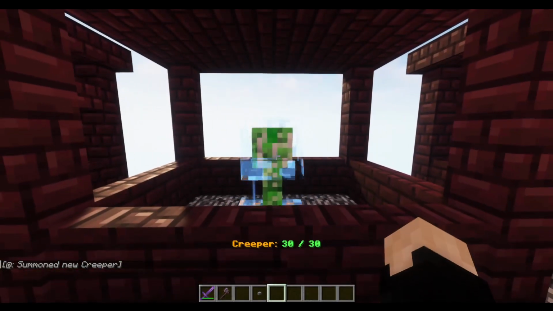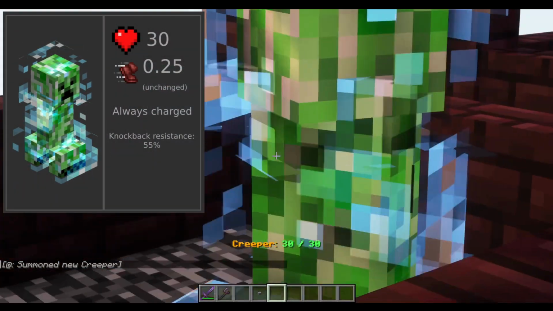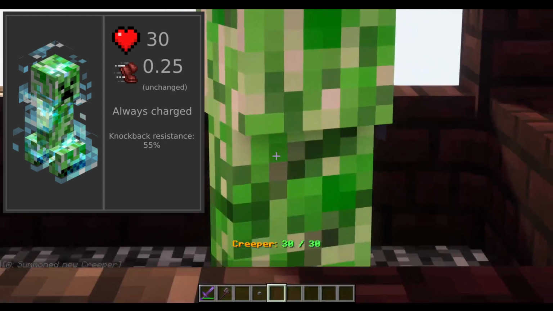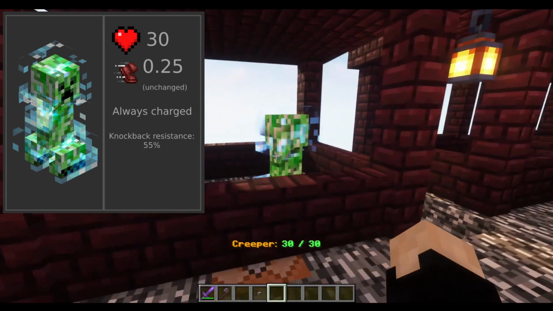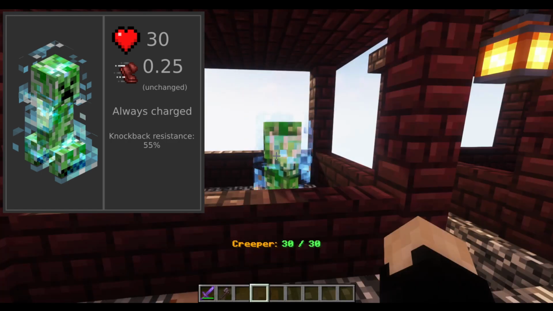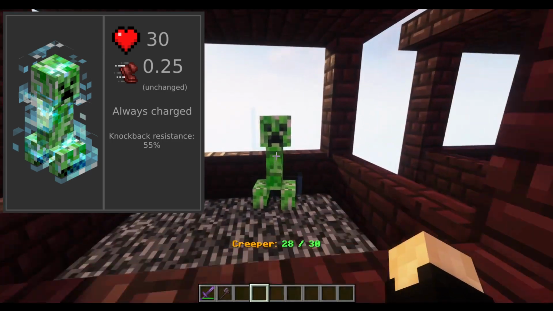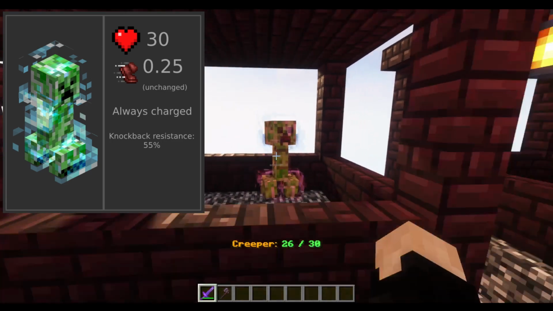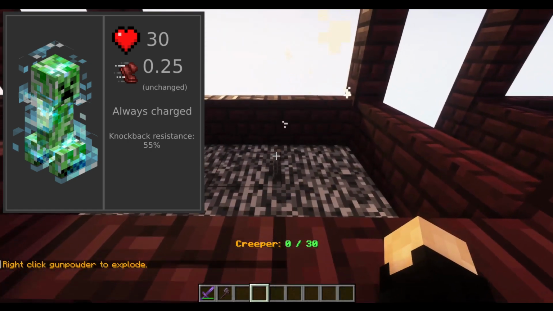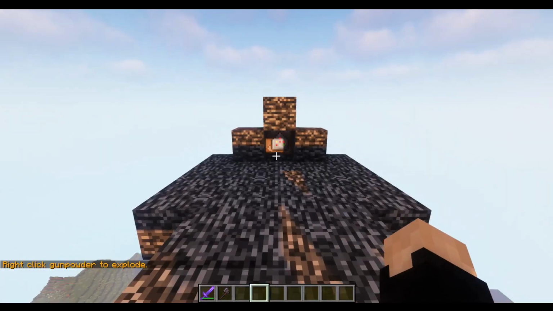Here is the Creeper. As you may see, he is electrocharged, and yes, that's how all creepers are in this plugin. Every creeper is electrocharged. Also, they have reduced knockback by about 50%, so it will be a bit harder to poke them to death. And for killing them, you get this nice little effect,